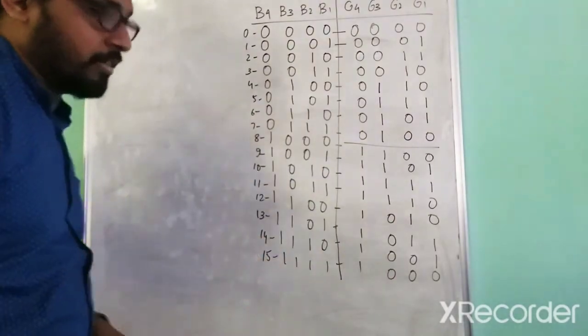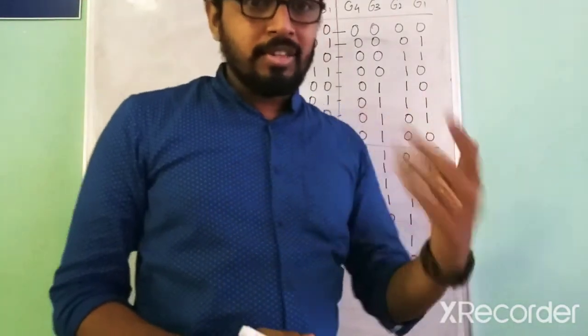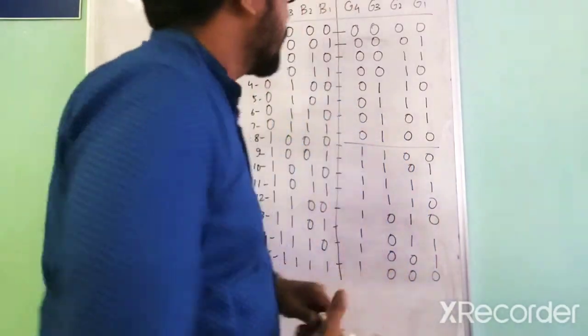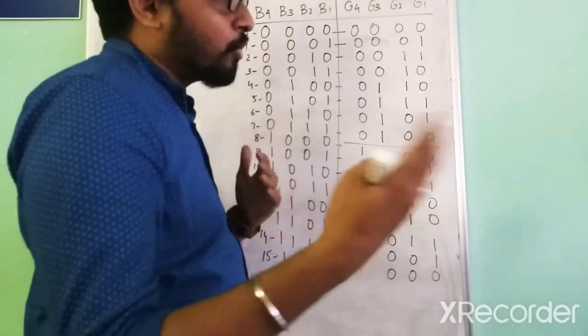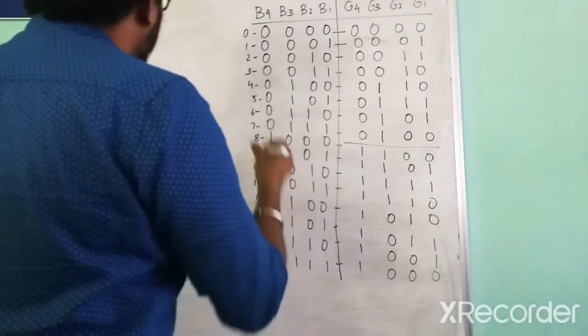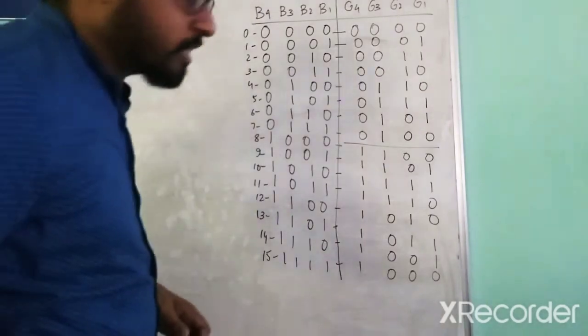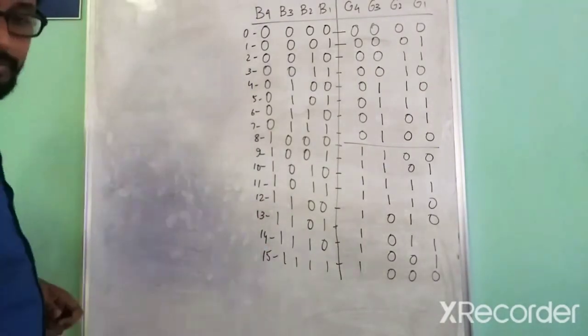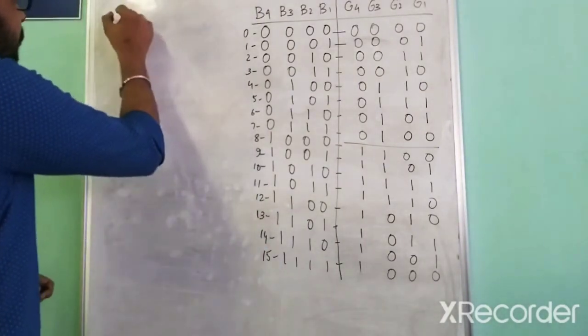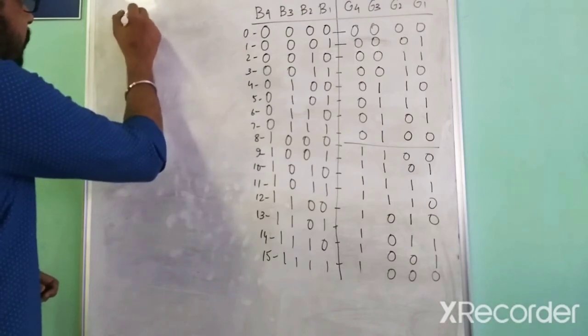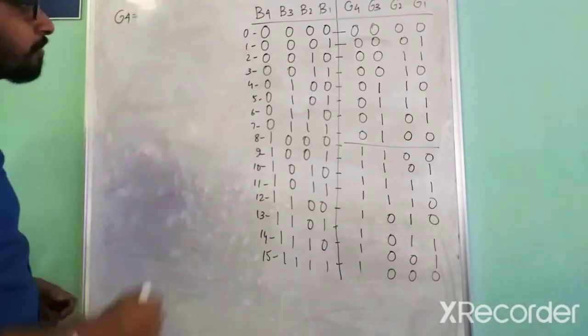I just wrote the numbers here, 0 to 15. Next step is finding values for G. We have 4 variables, 4 bits, so corresponding 4 bits for G. First we write G4. G4 is equal to,